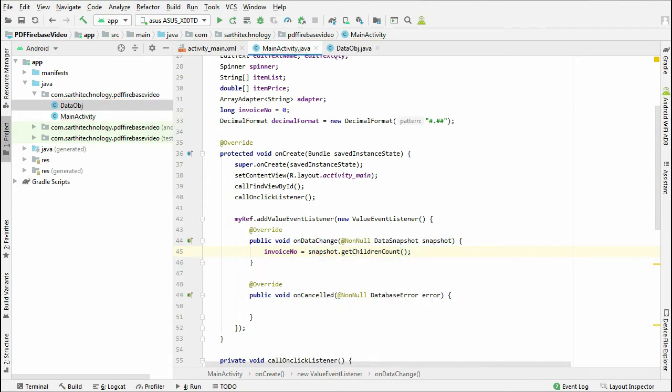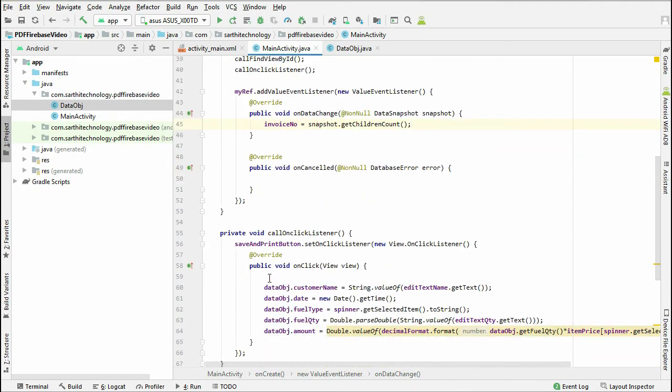If the database has 0 children, the invoice number will be 0, and if it has 5 children, the invoice number will be 5. When we are adding this invoice number, we need to increment by 1.